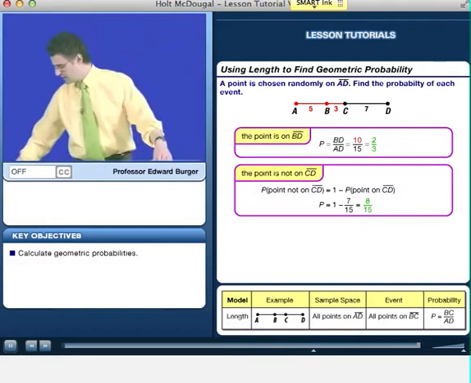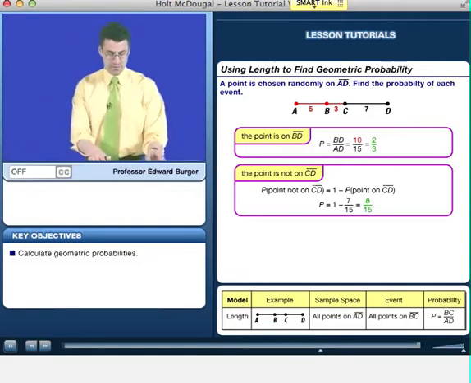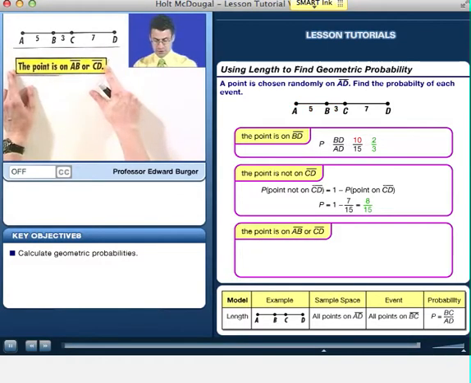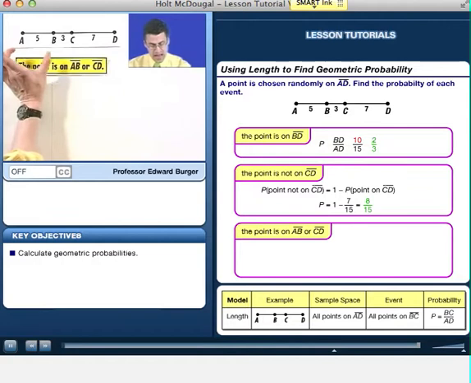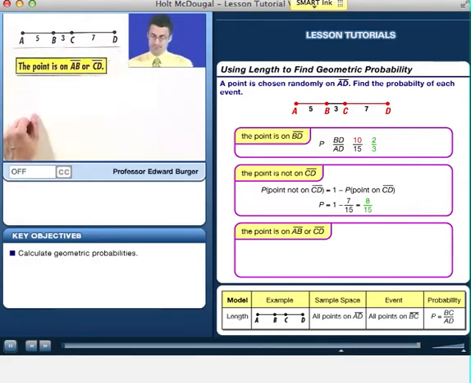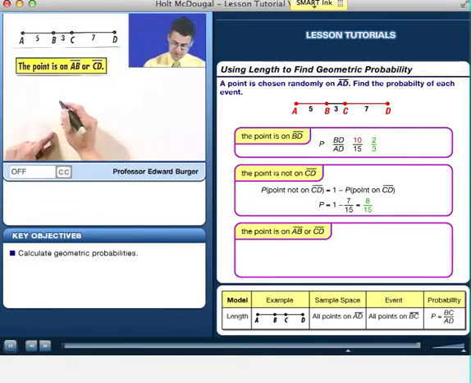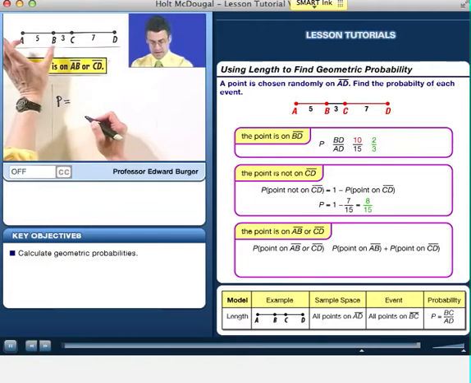Cool. Let's try one more together, just for fun. The point that we pick at random is on AB or on CD. So is on AB or on CD. Well, if you want to find the probability where we have two events, one or the other, and they're mutually exclusive, which means there's no overlap, then we can just find the probability of one event and add to the probability of the other. So the probability of being here is